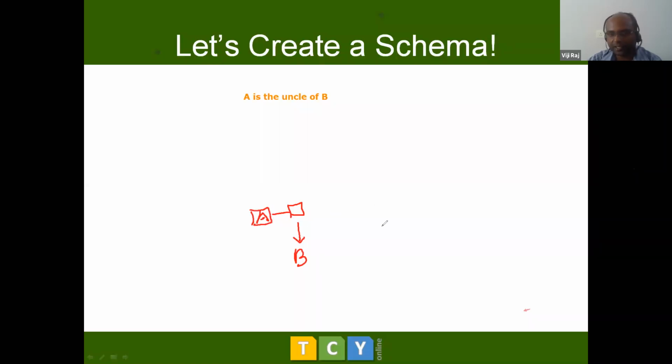And the second possibility is that here we have B and here we have B's mother, and A is the brother of B's mother. So when it is not defined whether the uncle is maternal or paternal, we have to consider both the conditions. So we will make two different diagrams to consider both the conditions in that case. All right? All of you understood? Kirat?